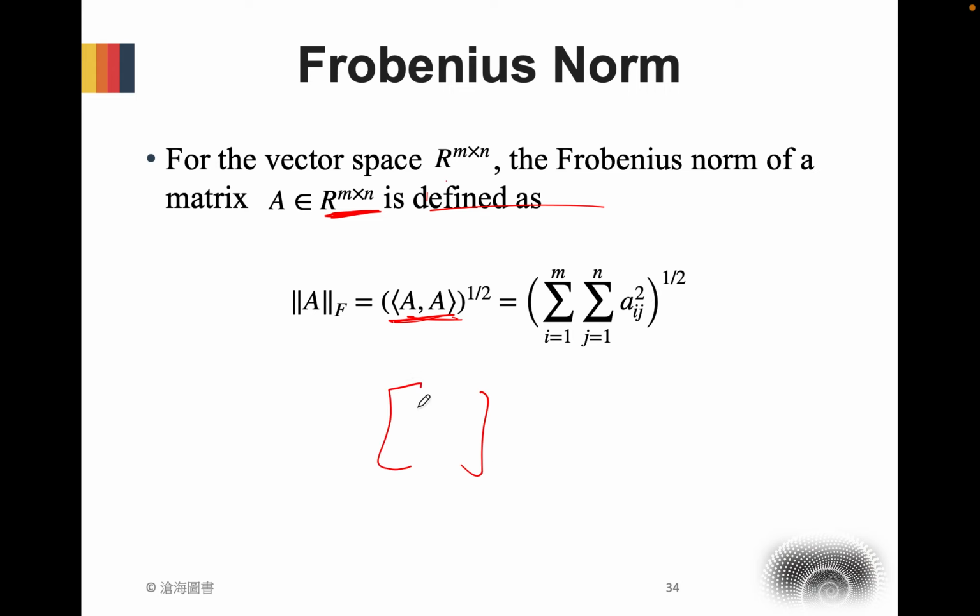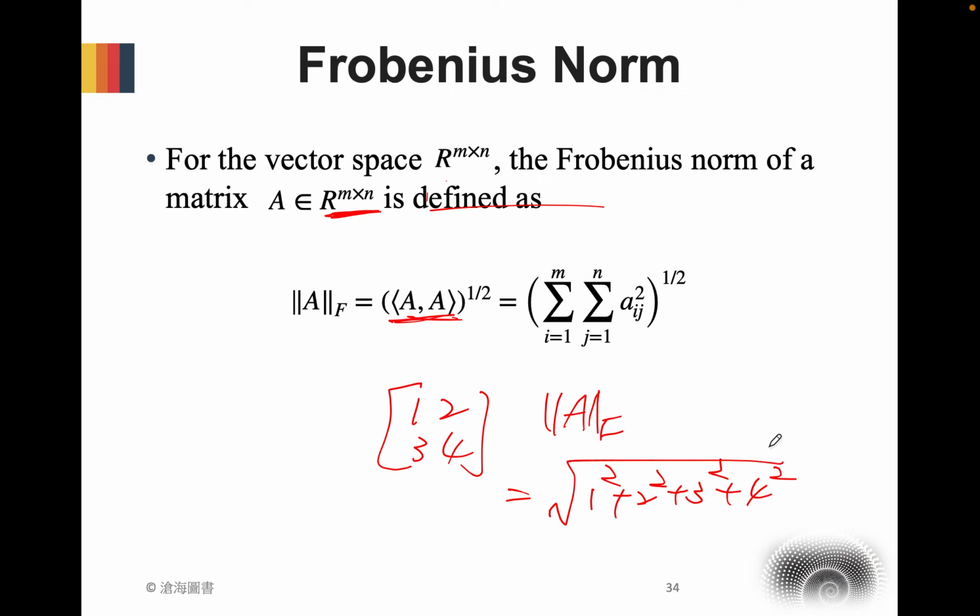So for example, if we have a matrix like 1, 2, 3, 4, then the Frobenius norm of the matrix A is 1 squared plus 2 squared plus 3 squared plus 4 squared, and then we take the square root. This is the so-called Frobenius norm. And you can imagine, for a matrix, the Frobenius norm is actually similar to the Euclidean norm of a vector. If we view this matrix as a vector 1, 2, 3, 4,